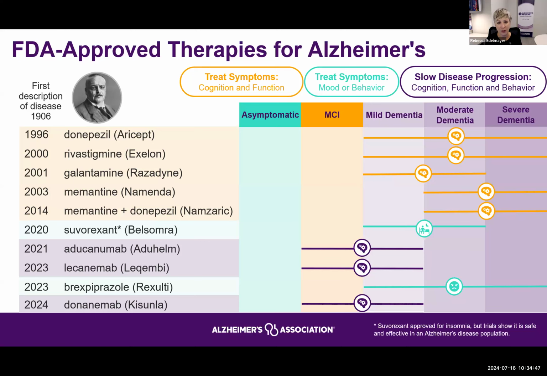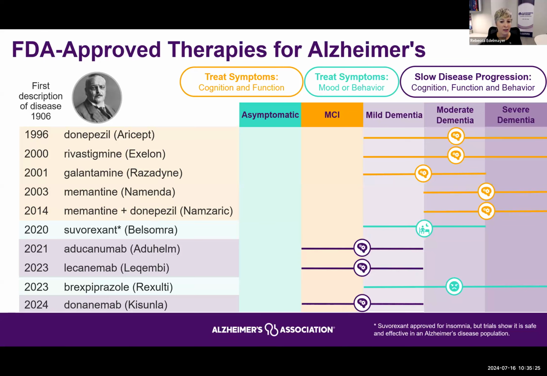These are a new type of therapies that you've probably heard of. They go after some of that underlying biology. They go after the beta amyloid plaques in the brain. They help the brain remove that amyloid, which we know is one of the hallmarks of Alzheimer's disease. These treatments are approved for individuals in the mild cognitive impairment to mild dementia stage of Alzheimer's. And I hope you can also see here in the blue, we have other treatments recently approved to treat some of the behaviors or neuropsychiatric features associated with Alzheimer's disease.